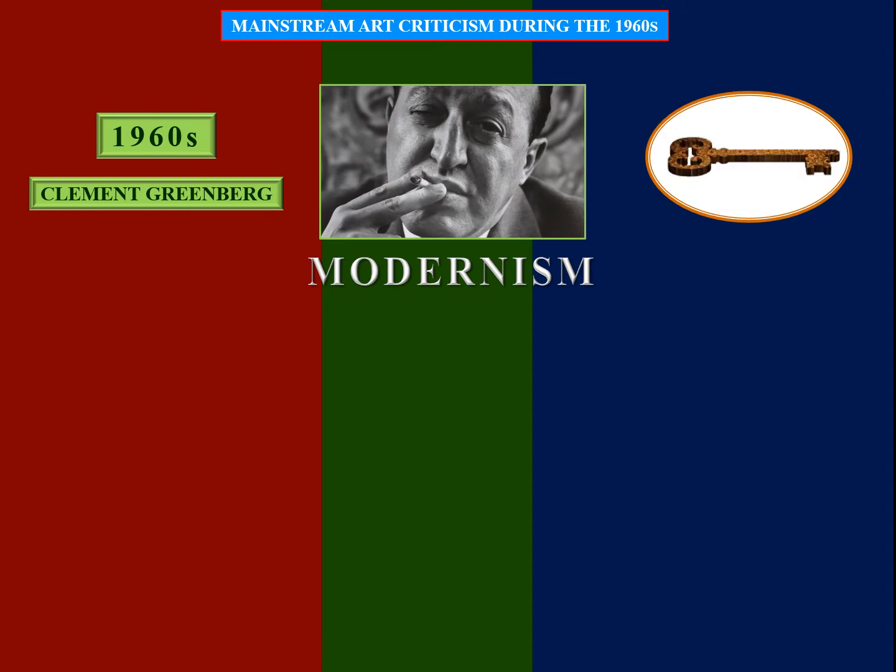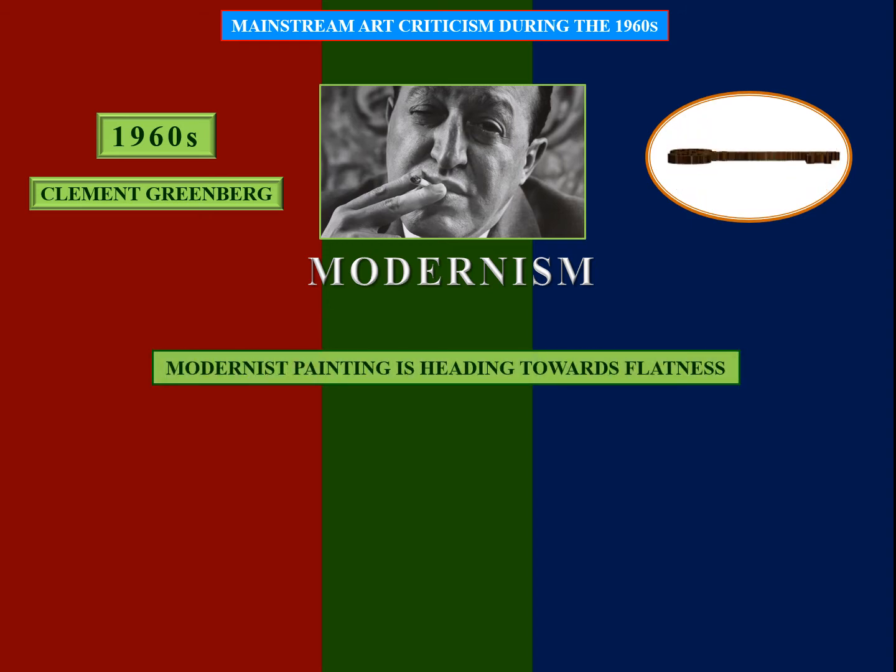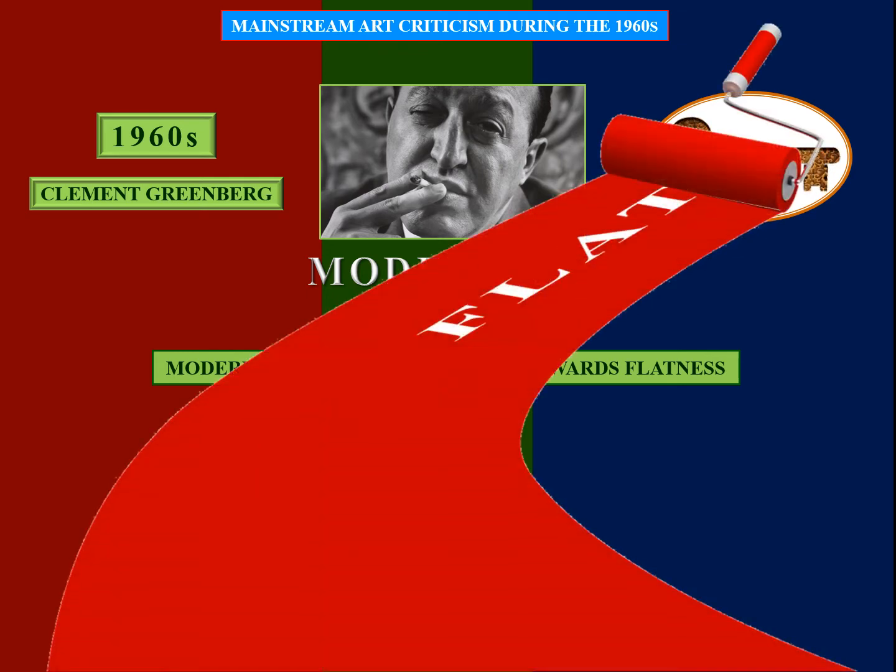And it's pretty much due to this guy right here we've been looking at, Clement Greenberg. That's when his art criticism and art theory really comes to the fore. He defined what modernism was all about. He had said that modernism was headed towards flatness. Right? Remember that? The road to modernism is flat.